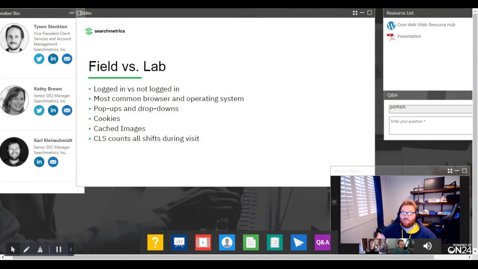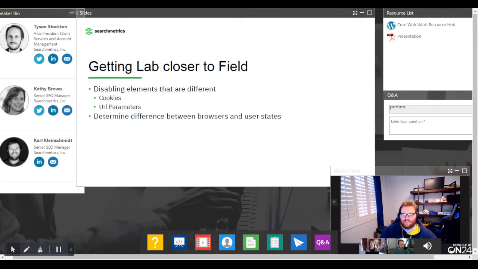And so now we have this problem, right? How do you get lab data closer to field data? Because if you don't have the lab and the field data close, you cannot rely on the feedback that you're getting from your lab data to troubleshoot things, right? Like if your field data has a CLS of 2.7 and your lab data is 0.1, then you're going to drop in ranking because you're failing it, but you don't know why you're failing it because the lab says your